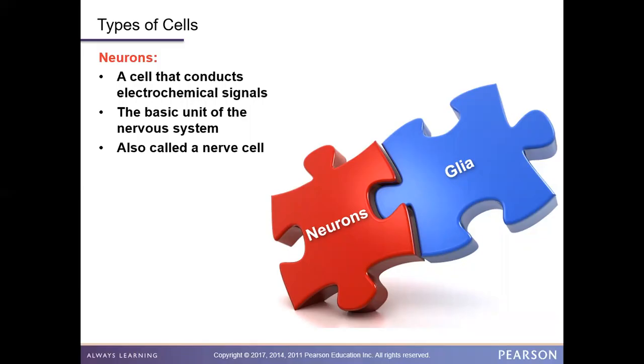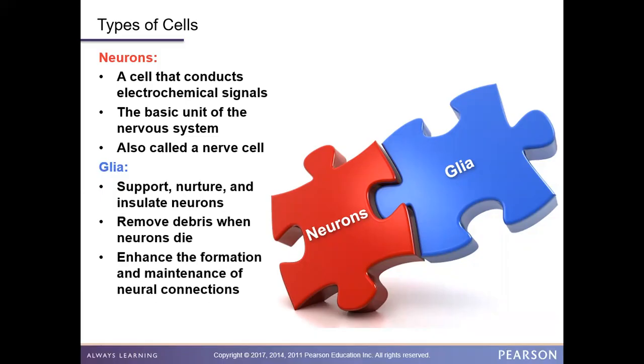These neurons must work in conjunction with these glia cells. These glia cells support, nurture, and insulate neurons, but they also remove debris when neurons die. Neurons die, you can't keep all that debris around. It will clog up the area, and if it gets too clogged, electrochemical messengers can't go to where they need to go. So these glia cells you can think of as supportive cells to try to keep neurons healthy and to keep them safe, but also to clear them up after they die.